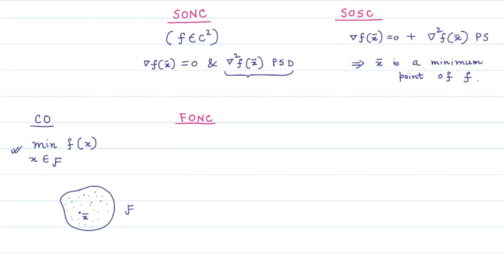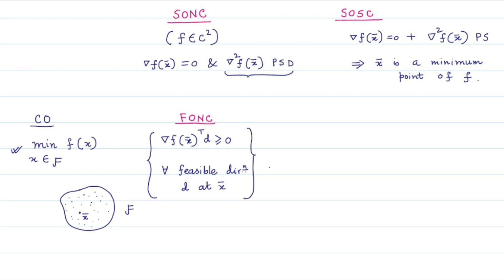That is, if x bar is a minimum point of this constrained optimization problem, then we will see that for all feasible directions d at the point x bar, we must have the directional derivative of the function f at the point x bar greater than or equal to 0 if the point x bar is a minimum point of the constrained optimization problem. And this first order necessary optimality condition essentially has given us the KKT necessary optimality conditions,